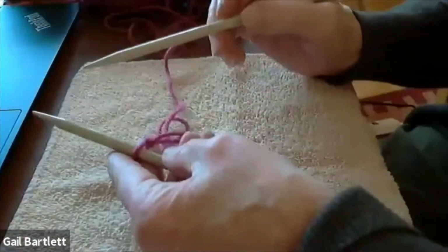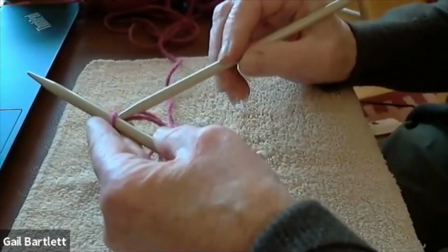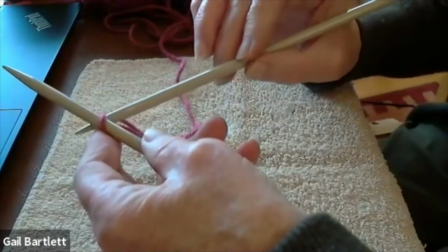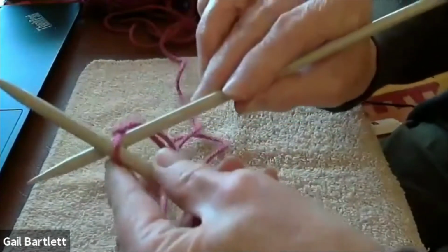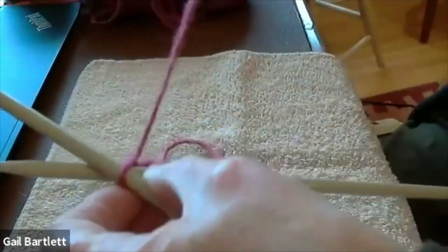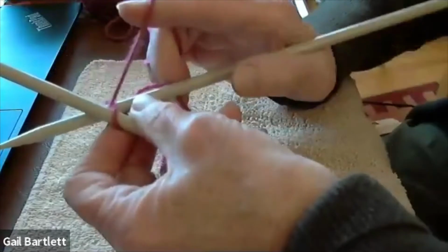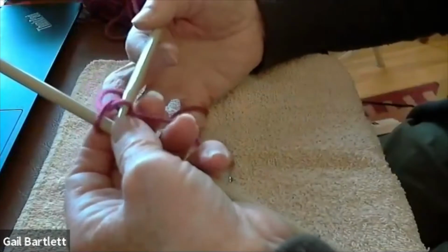So now we're going to cast on. The working needle where you're going to create all the stitches is in your left hand. And then from your right needle, you're going to pass it through. I don't know if everybody can see, you're passing it through the loop underneath. You're going to wrap the wool around the needle that's on the bottom. And then you do another scoop, the way I did to make the slip knot. You pull that wool through,